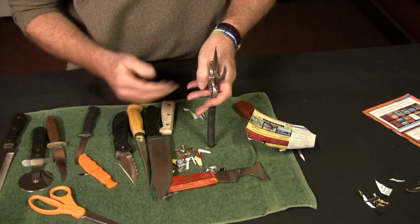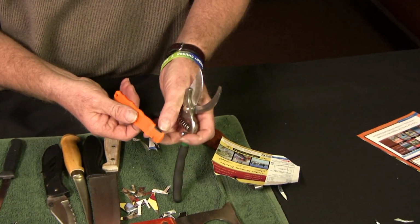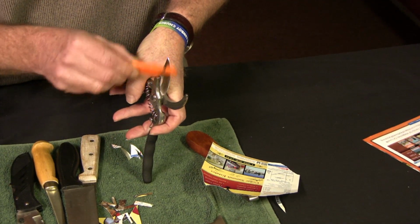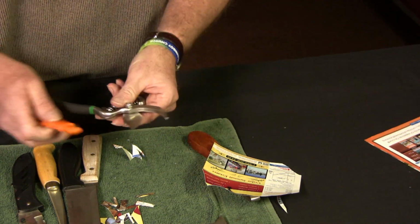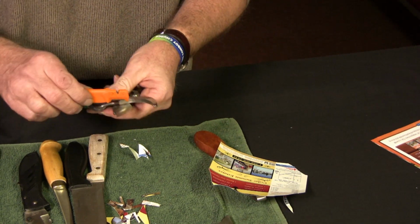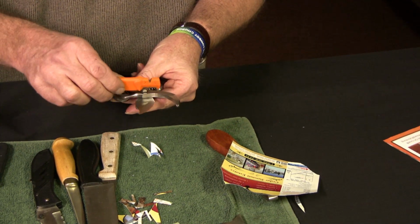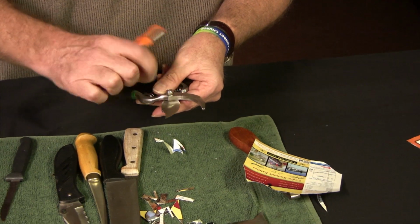So I'm just going to let it point right straight in the air. Take the sharpener, only the corner, touch, and slide it up the blade. Because I cannot get this short distance flat, see, this is flat, this is not flat. Don't slide this on the blade unless you can have it flat, because you'll bevel this